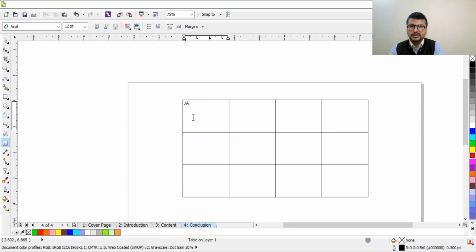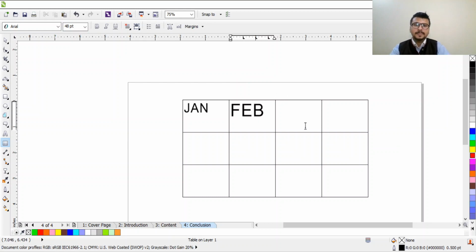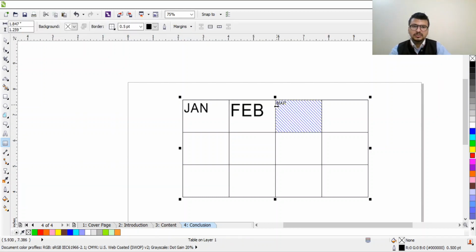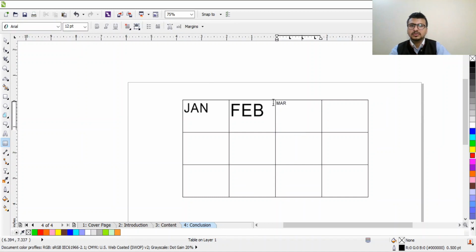Let's keep 40 for Jan, increase the size. Jan, I'll increase the size to 48. Feb, March, and so on. You can write whatever you require here.